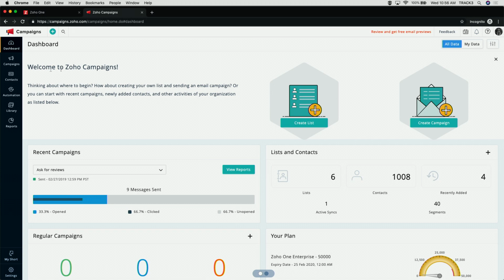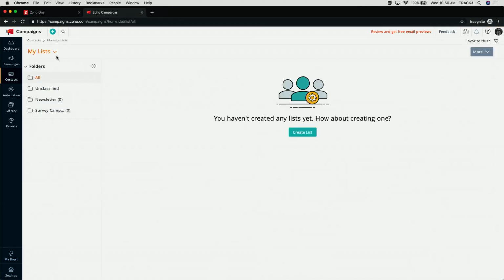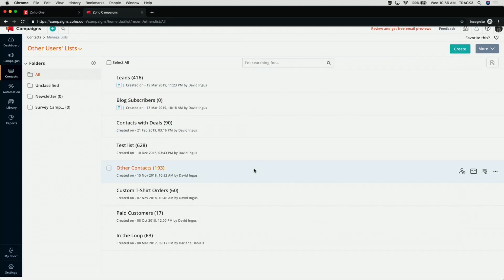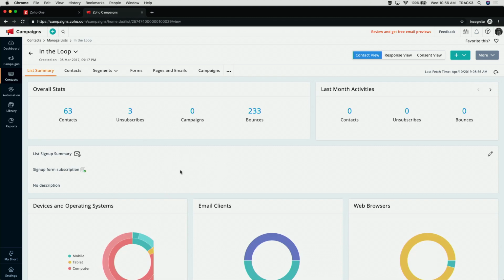One of the most important things when it comes to campaigns is that it all really starts with lists, right? So when you come in here for the first time, you don't have any lists, but luckily our fake colleagues in this business are creating plenty of lists, so we can see the kind of emails that we have here. At the bottom, we see In the Loop, which is our email newsletter that we're sending out. And you notice that we have only about 63 people in there. The reason for this, when you see that we had a contact list of 800 people or whatever, is because we don't want to always assume that people who are just our contacts or our customers want this email.